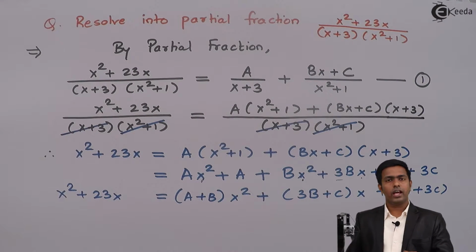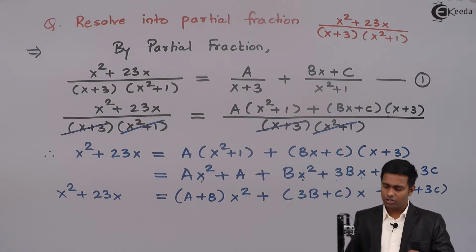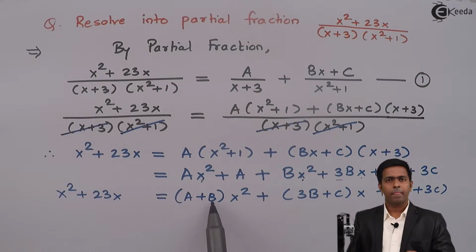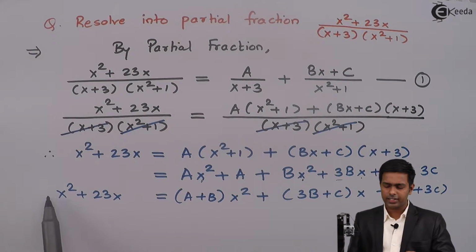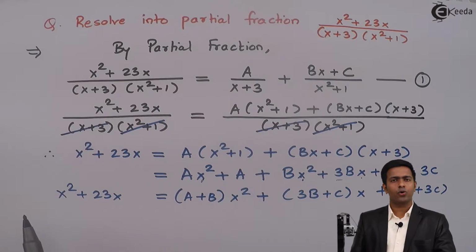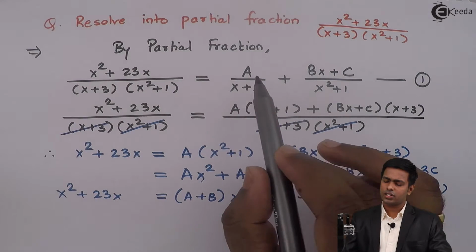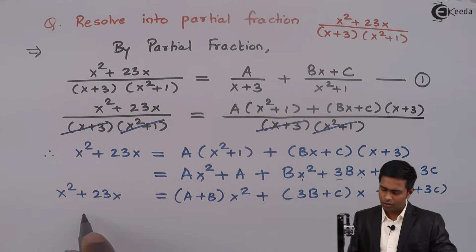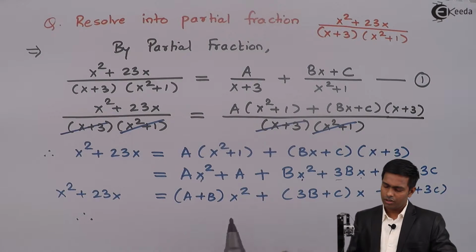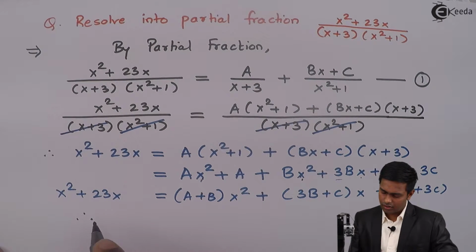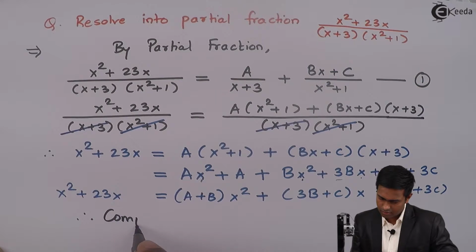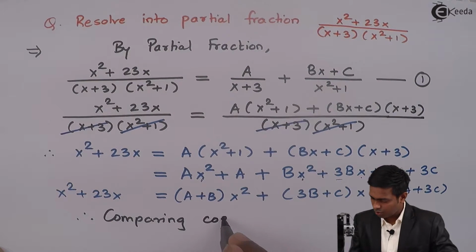And now here we are going to use one more method, and that method is nothing but comparison of coefficients on both sides. So here, if you observe the coefficient of x square, it is a plus b, and the coefficient of x square on the left hand side is 1. So we are going to compare the coefficients of similar terms to get the values of constants a, b and c. So first of all, comparing coefficients